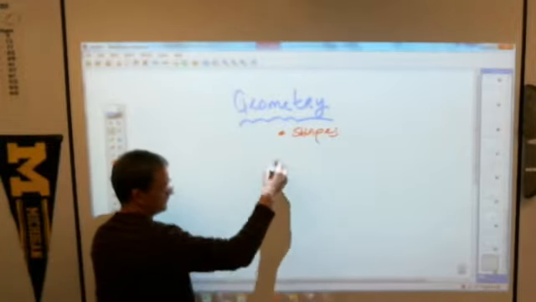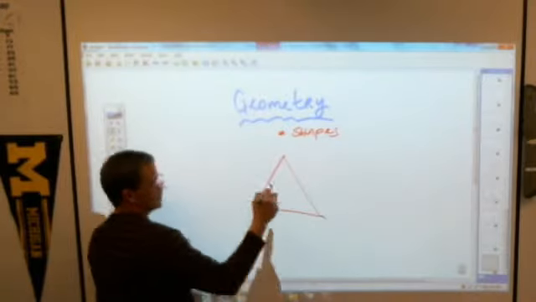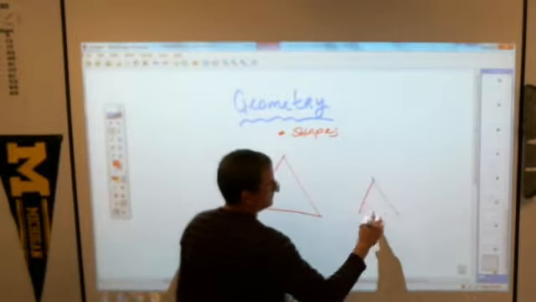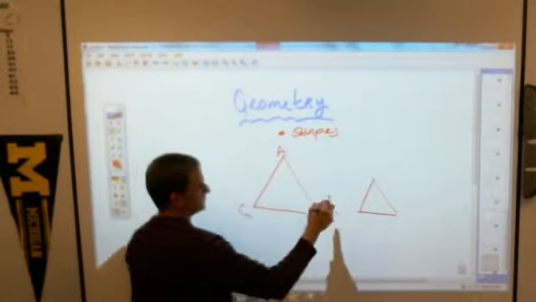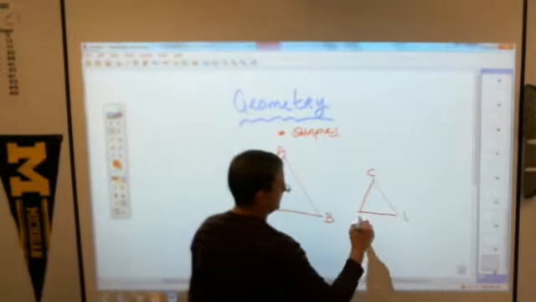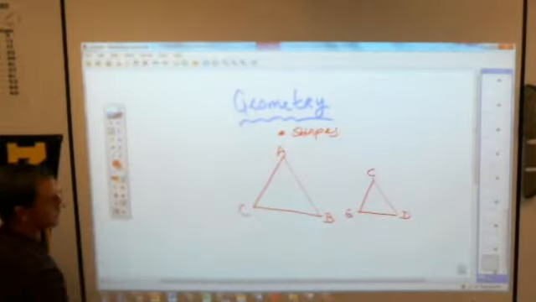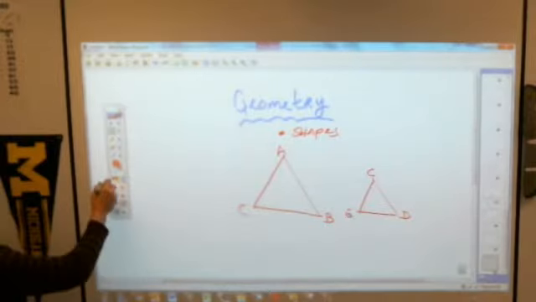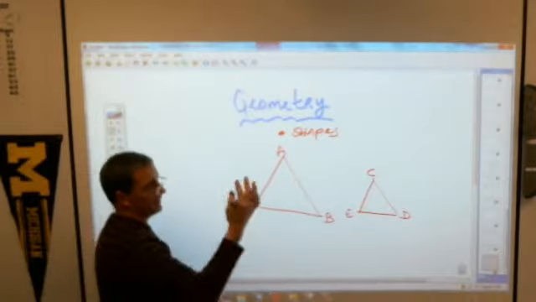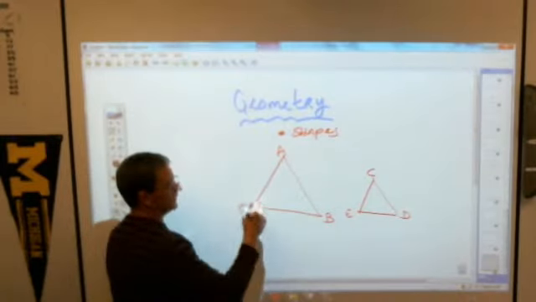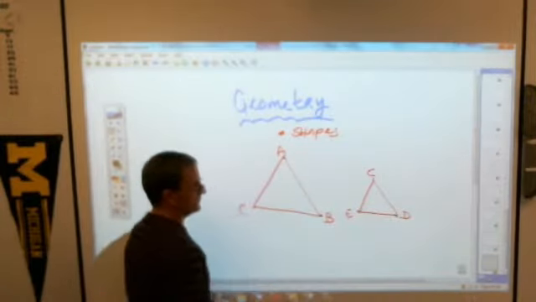let's say I've got this triangle. And I've got this triangle. This will be kind of easy. Because you sometimes need to tell people what you're talking about or what shapes you're talking about, we name triangles. And the way we name, well, we name any shape. The way we name shapes is by putting letters at their vertices, at the place where two sides come together